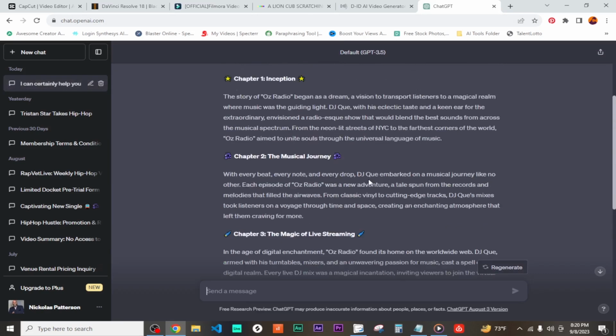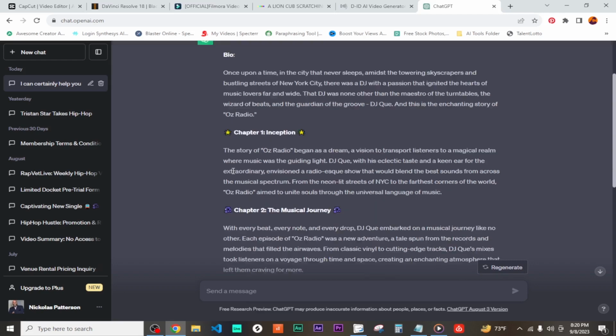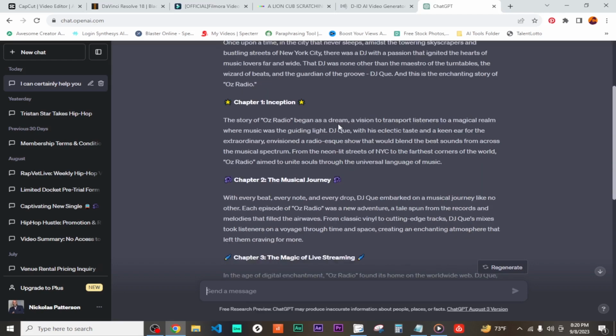That's pretty awesome. So, once upon a time, in the city that never sleeps, amidst the towering skyscrapers and bustling streets of New York City, there was a DJ with a passion that ignited the hearts of music lovers far and wide. That DJ was none other than the maestro of the turntables, the wizard of beats and the guardian of the groove, DJ Q. And this is the enchanting story of Oz Radio. The story of Oz Radio began as a dream, a vision to transport listeners to a magical realm where music was the guiding light. DJ Q, with his eclectic taste and keen ear for the extraordinary and vision of radio-esque,